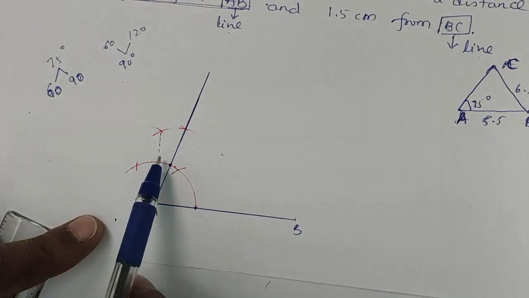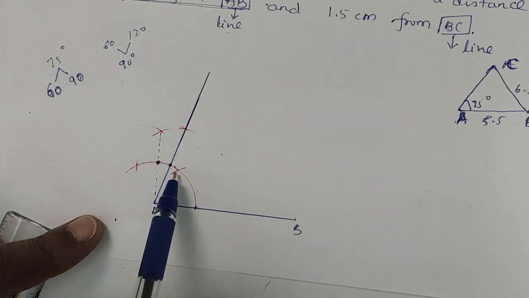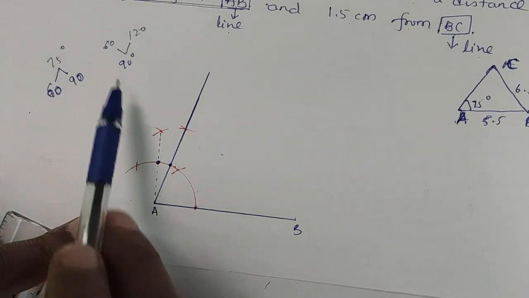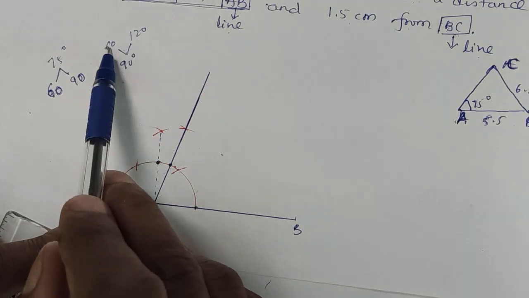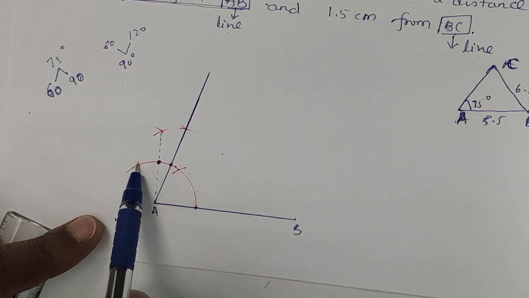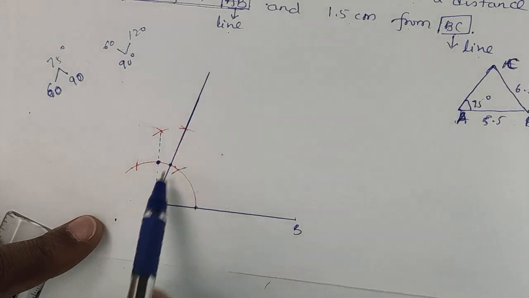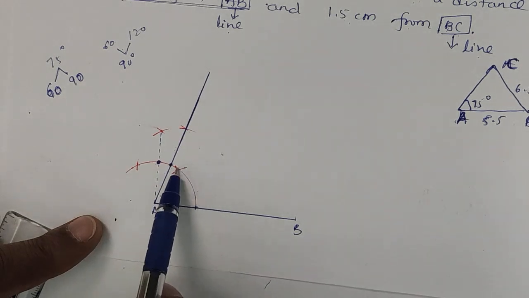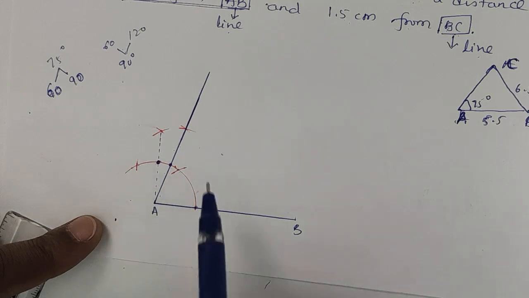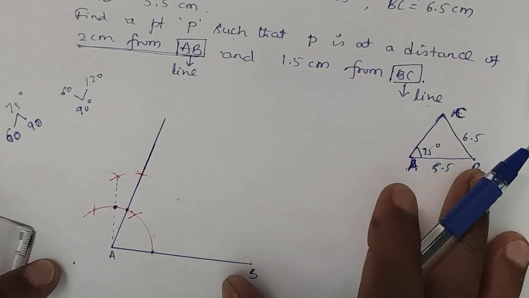Before, 90 degree was not required. To get 75, 60 and 90 degree were required. 60 was ready, but 90 was not there. Therefore, what we did, sorry, 60 and 120 we constructed first. Between 60 and 120 degree we got 90 first. After getting 90, again 60 and 90, these two were used, and we made two arcs, then we got 75 degree. Now look at 0, 60, 75, 90, 120. The required was 75, so make it in dark. The 90 degree, just hit it in dotted line.